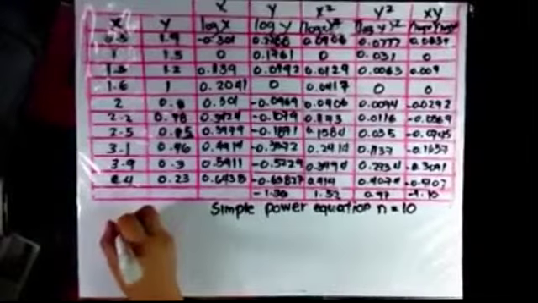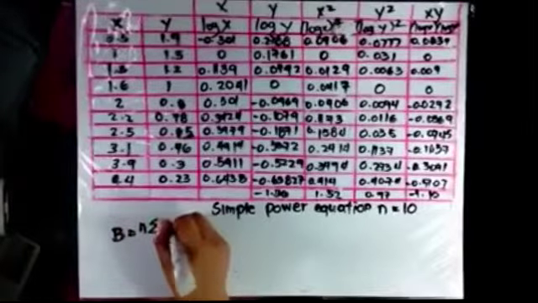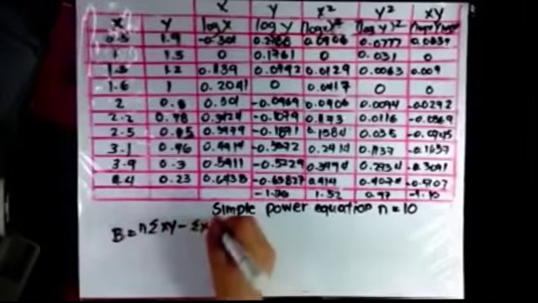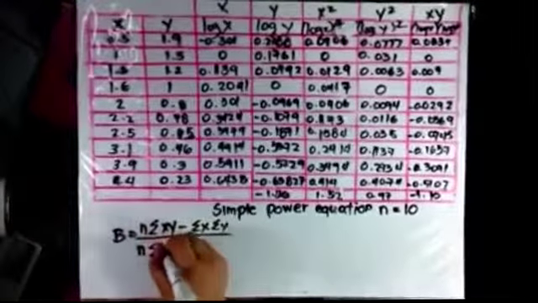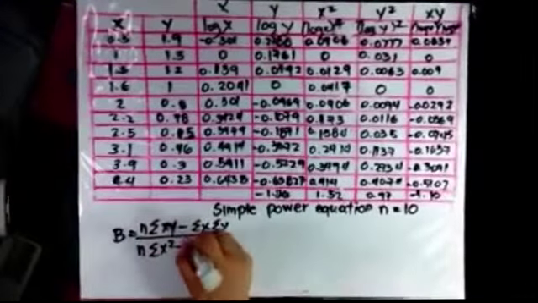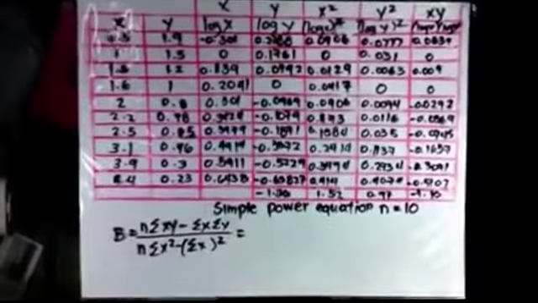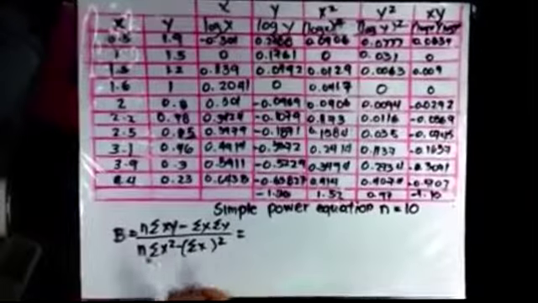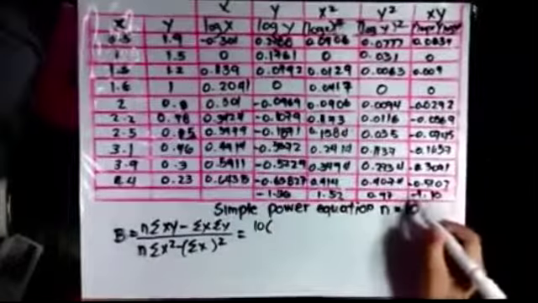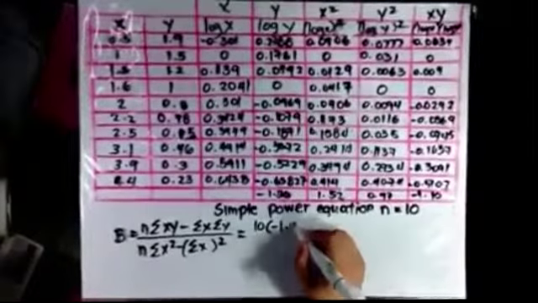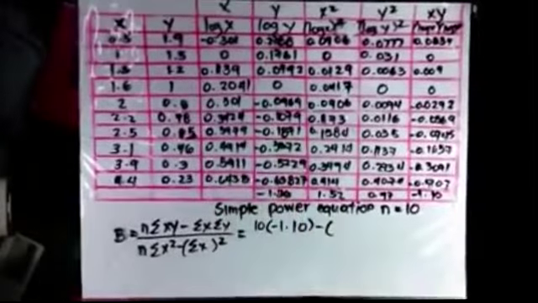We know that the formula to get the value of b is equal to n times the summation of xy minus summation of x times summation of y, all over n times the summation of x squared minus the square of the summation of x. Then substituting the value, since our n is equal to 10, 10 times the summation of xy, which is negative 1.10, minus summation of x, which is